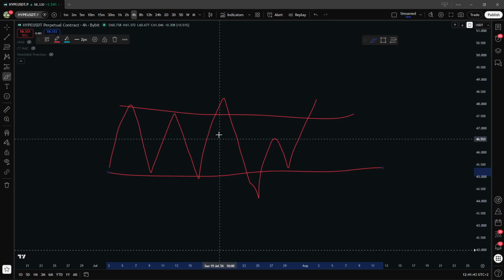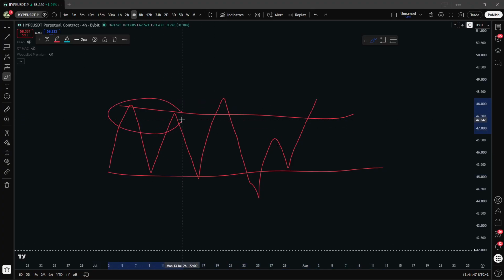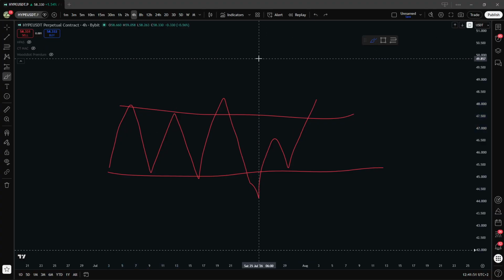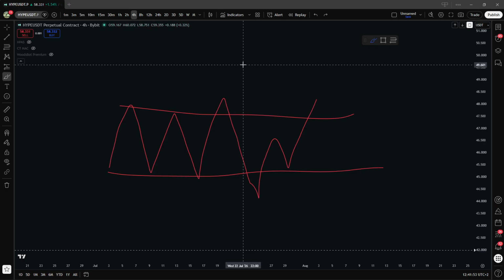But what happens in a range is when you have these kinds of equal highs, price action inside a range tends to take liquidity. This means the price action